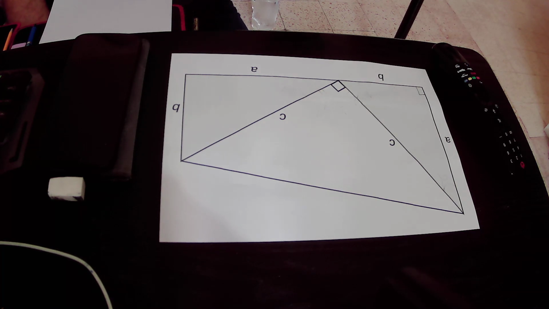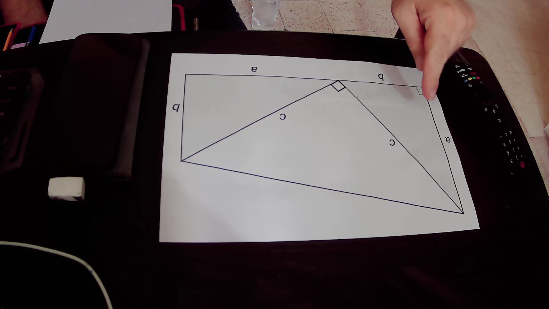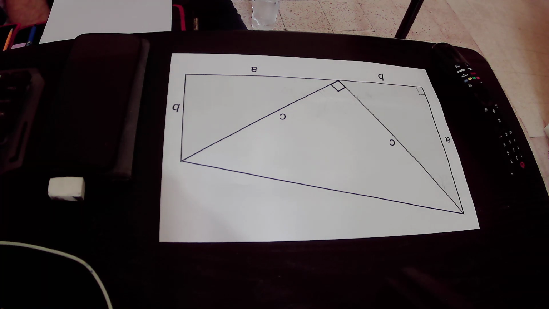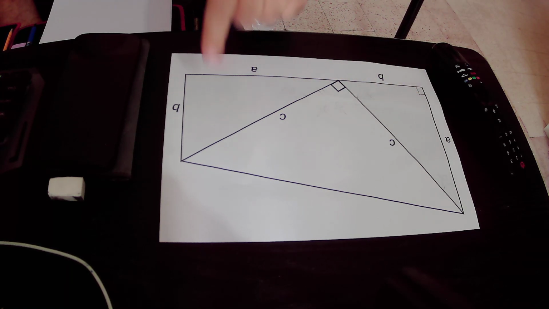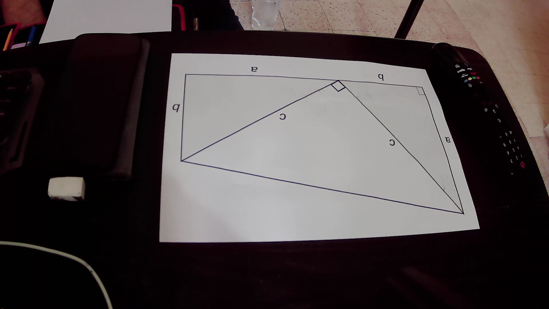Again, the square of the hypotenuse is equal to the sum of the squares of the perpendiculars. C square equals a square plus b square. Okay, in order to prove the theorem, I built a copy of this right triangle on the left side of the picture, and I built it